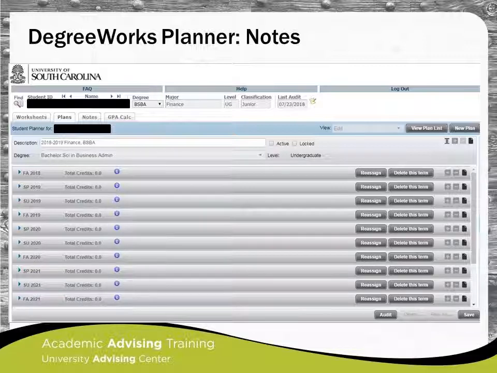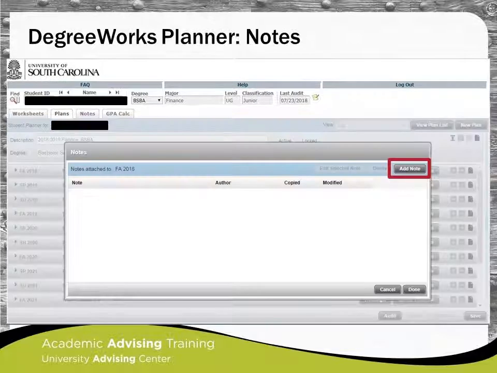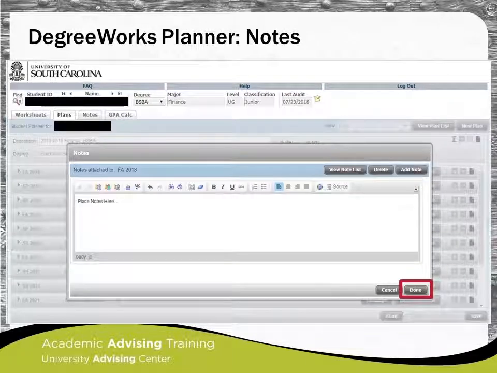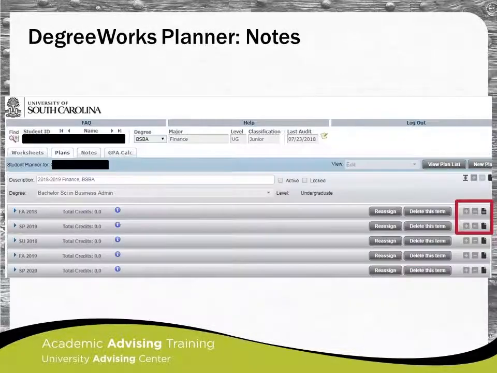Remember that notes can be added to individual requirements, to entire terms, or to an entire plan. Select the Notes icon in the far right. Click Add Note to type your note. These notes also provide formatting options. When complete, select Done. You can see that notes have been added when the Notes icon switches from a blank